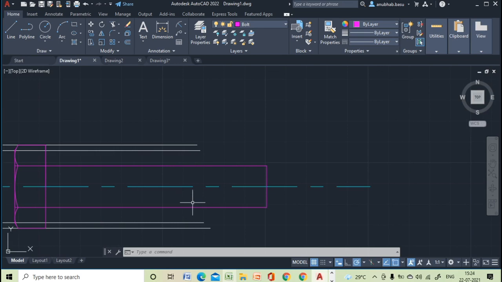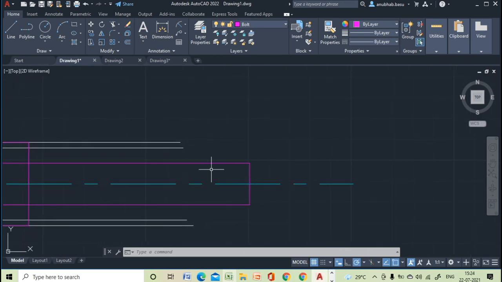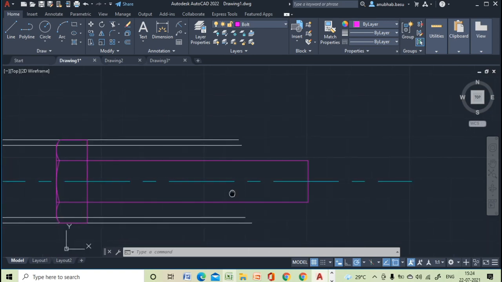Okay. Now the thread length is given as 2d. So from this face, here, in this face also we have to draw this arc.